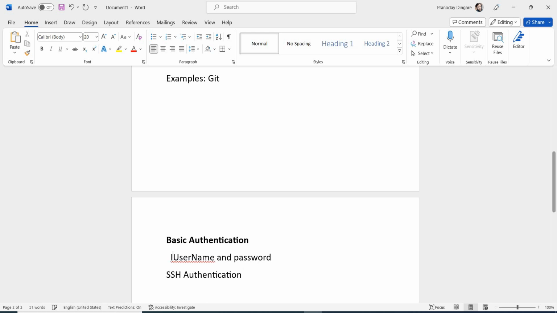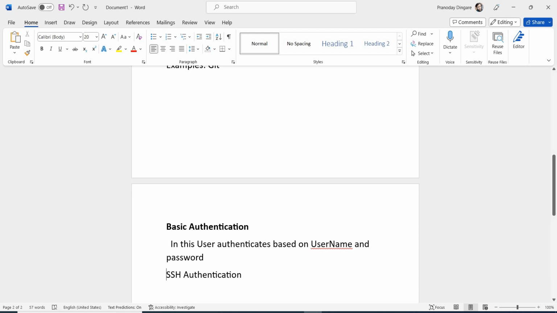right? So in this, the user authenticates based on username and password. This is a simple authentication technique. Another technique is SSH authentication. This is a very interesting point. In this SSH authentication,